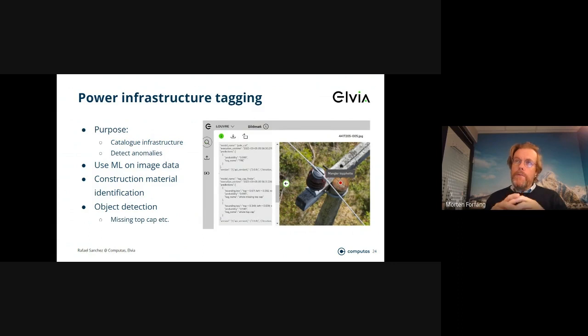Then we have another broad area, which is generally called predictive maintenance, where the name of the game is to, in some way, guess at what is about to fall apart before it does. So for Elvia, for example, they have all these infrastructural installations, and they fly around with drones and helicopters, and they take pictures.